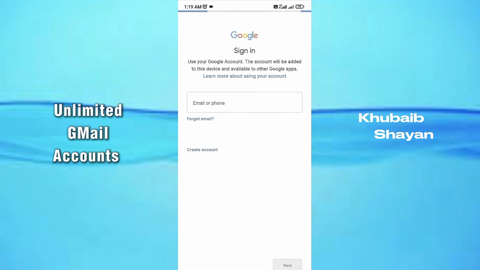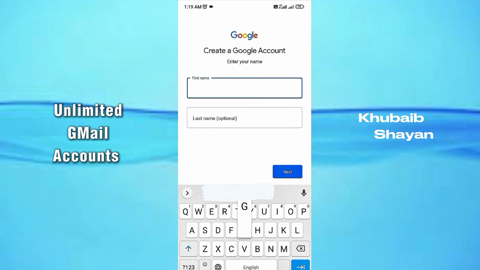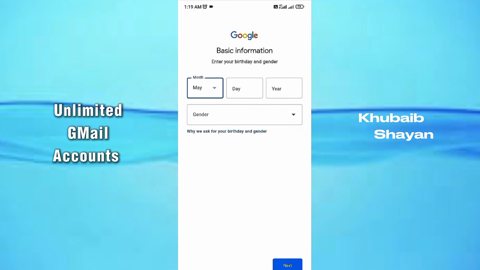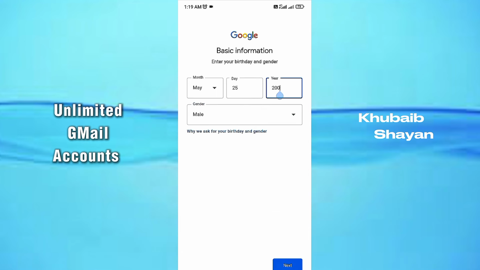Whenever you attempt to create an account, you're likely to encounter phone verification issues. Notably, Google doesn't provide an option to enter a phone number for verification, as it now exclusively uses the number associated with the device. If you prefer using a virtual number for verification, the Edge browser is required.